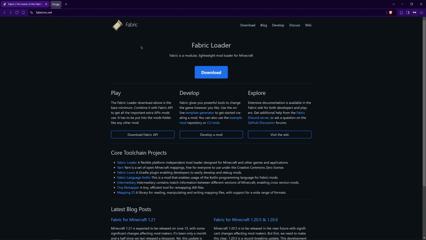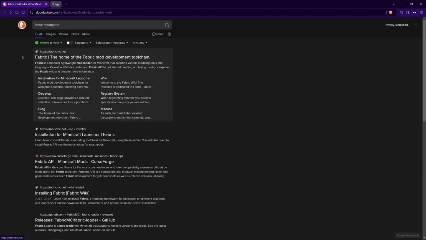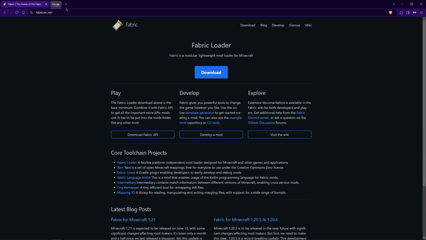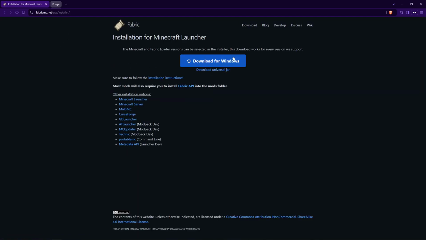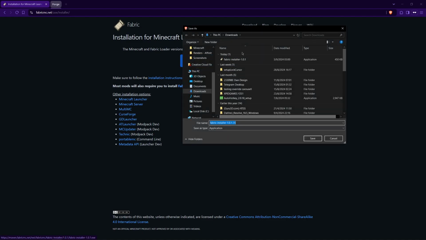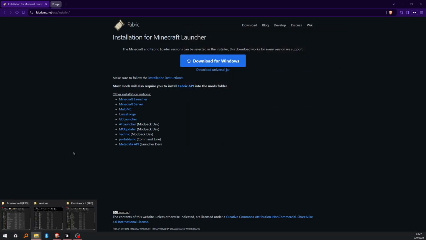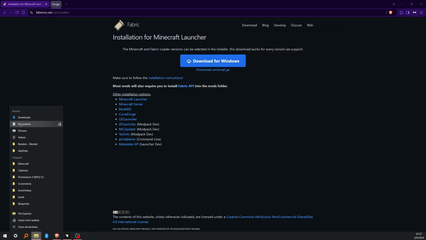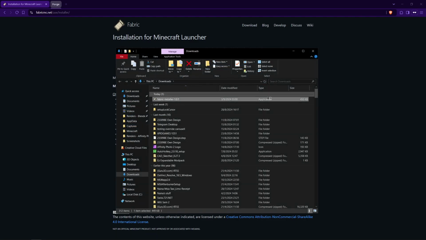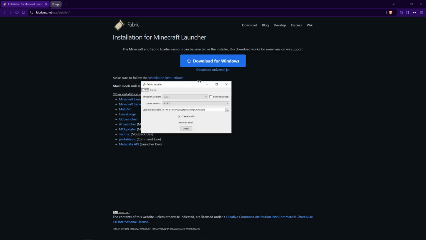Then you go to your browser and search up Fabric Mod Loader. You click on the first link, fabricmc.net, then Download, then download for Windows. It downloads this file right here, as you can see. Once it's downloaded, you can open it up, and you're going to get this window. What this window basically does is create an instance of Minecraft. And what an instance of Minecraft is, basically,